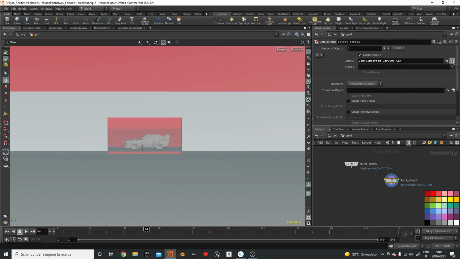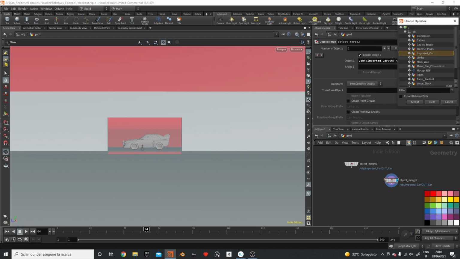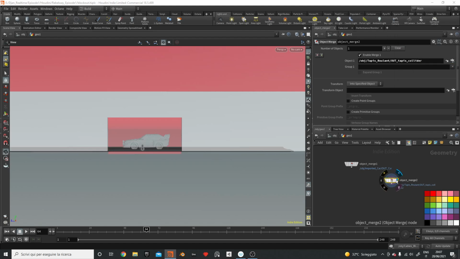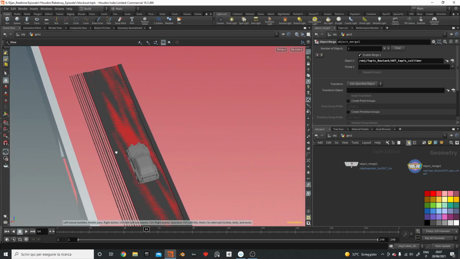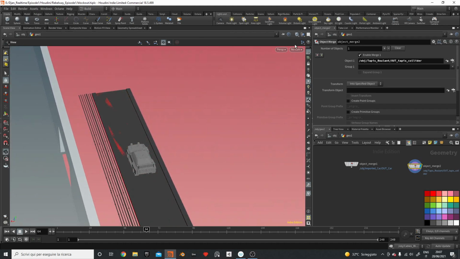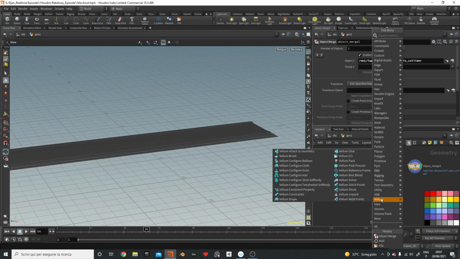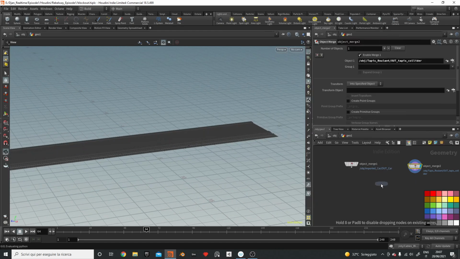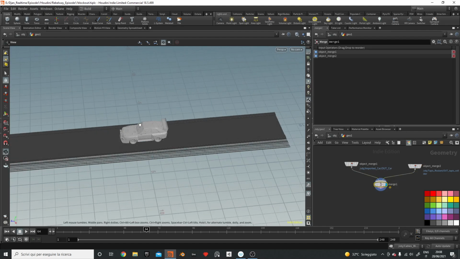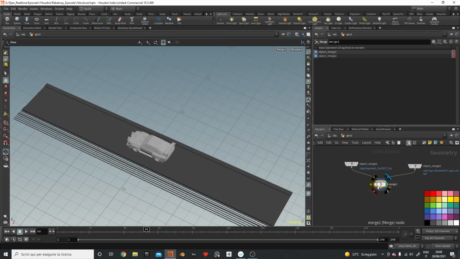We want another object merge to be the tapir. Those are the two elements that we will need. We merge them, and we want especially the car